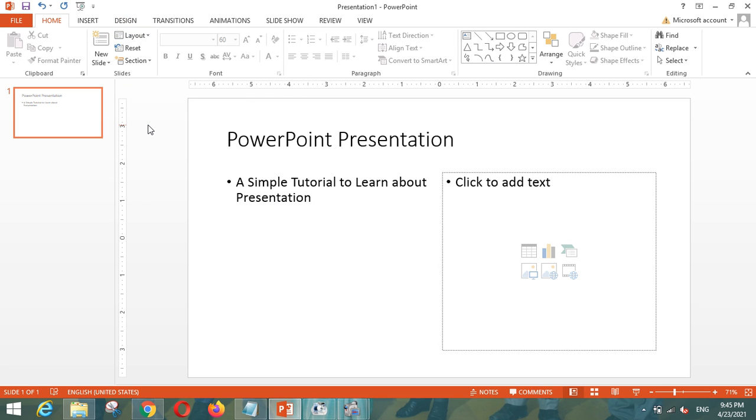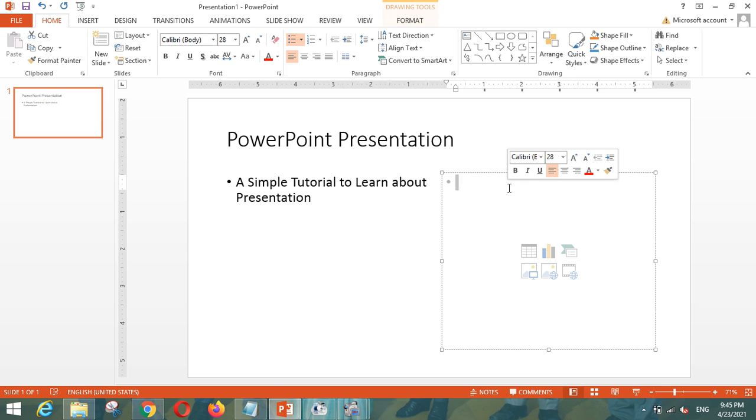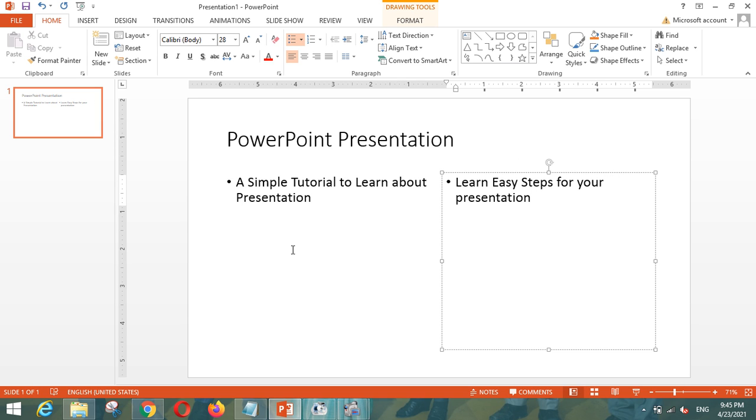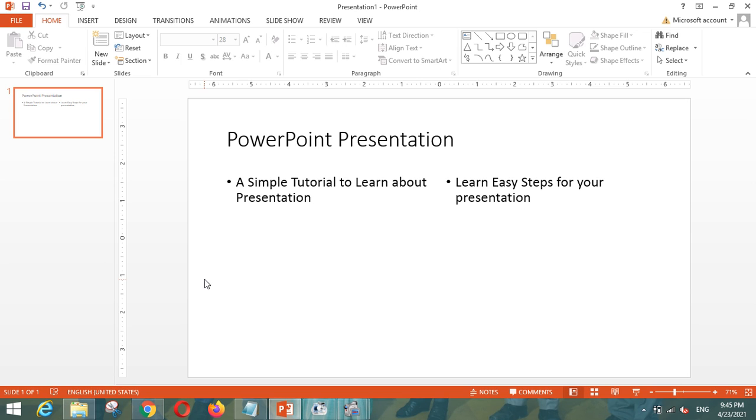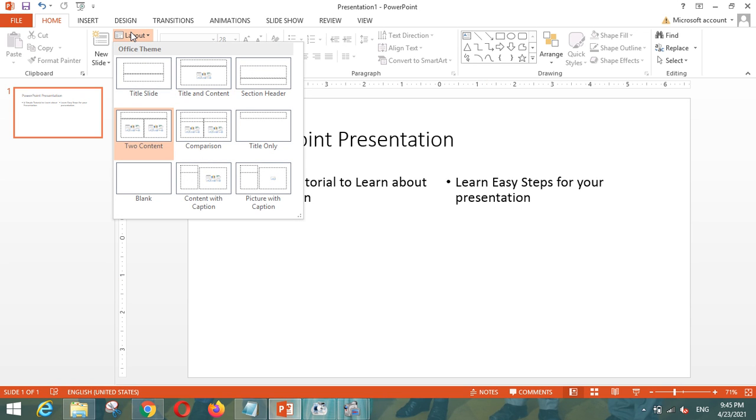And if I select two content, this means it will give you the two options, like you can have a content at this side and you can add content at this side as well. Suppose I can write here, learn easy steps for your presentation. So in this way, as per your requirement, if you would like to showcase your data into two columns, then you can choose this particular layout.